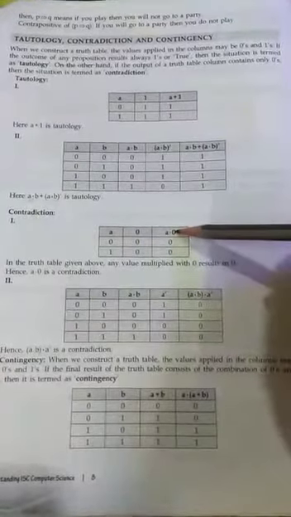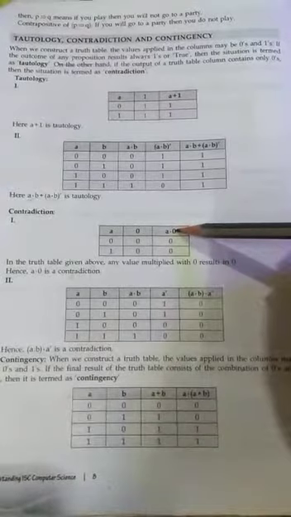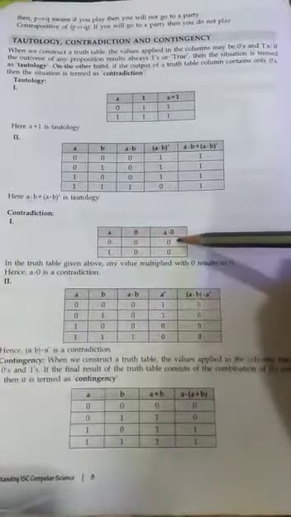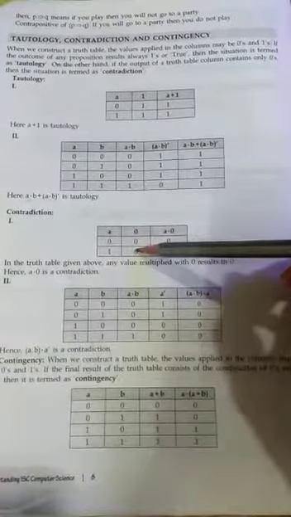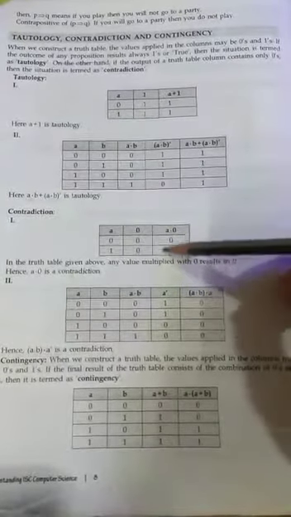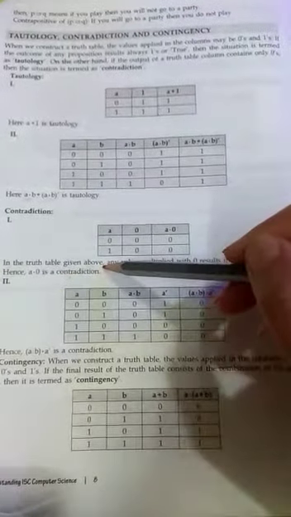Here in this first example we are getting column A to be 0 and 1, column B zeros. Now we are performing the AND operation. Since the AND operation says if any of the conditions or both conditions are false, then our output is false. So here 0 0, the answer is 0, and 1 0, when we are performing AND, it gives 0. So the resultant column is 0. So A dot 0 is a contradiction.